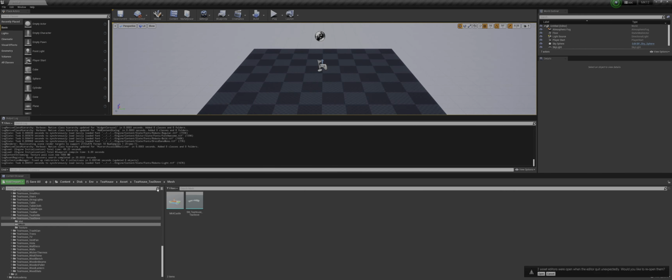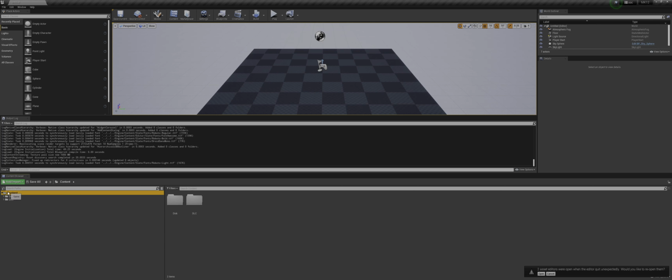You will now have an Unreal Engine, custom engine like this. What you'll need to do is make a file structure that is identical to whatever it is that you're replacing within Mortal Kombat 1. In this case, we're doing a stage. So in the content folder, we're going to make a disk folder, then an IMS folder, and now we're going to make